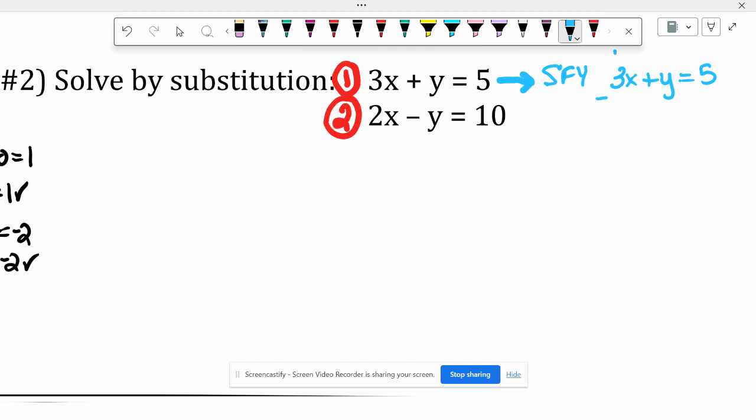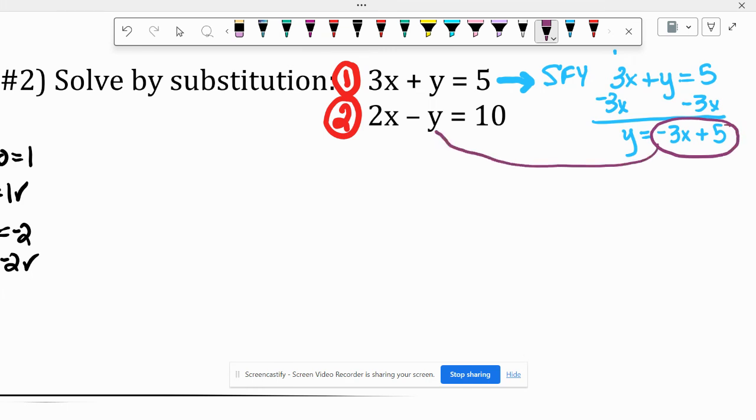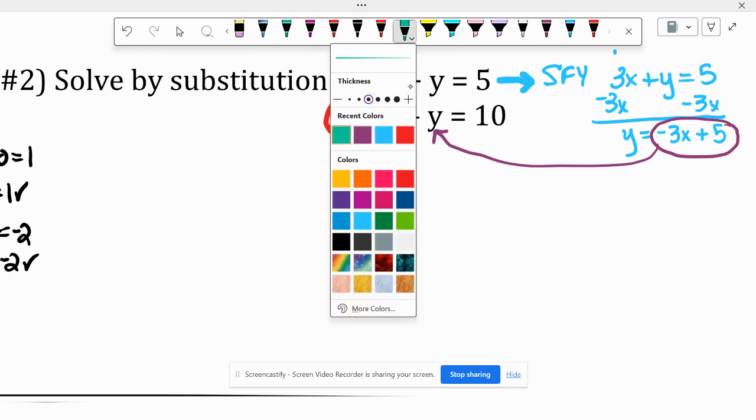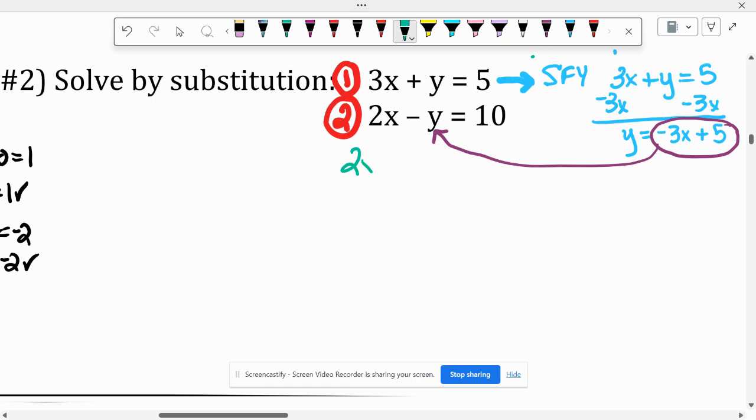So when I solve for y, I subtract 3x from both sides. Y equals -3x plus 5. So that's my y. So I'm going to take this value for y and I'm going to plug it in right here. I'm going to substitute it in for the next equation. So I'm substituting in. So that's 2x minus, well, y is -3x plus 5